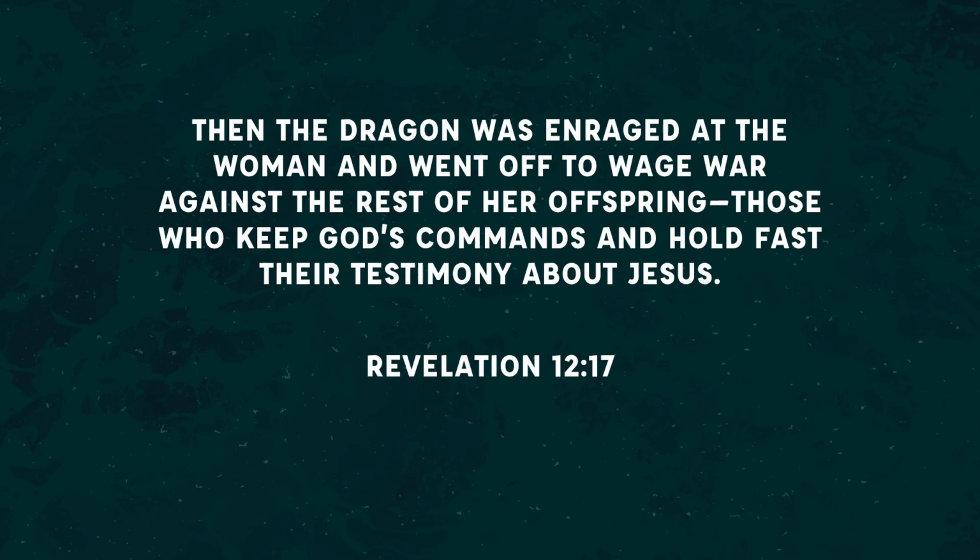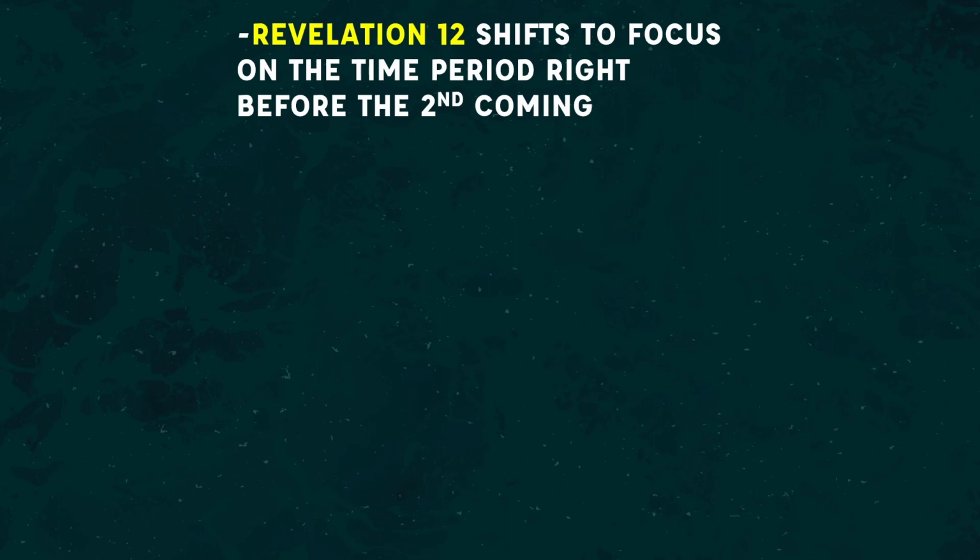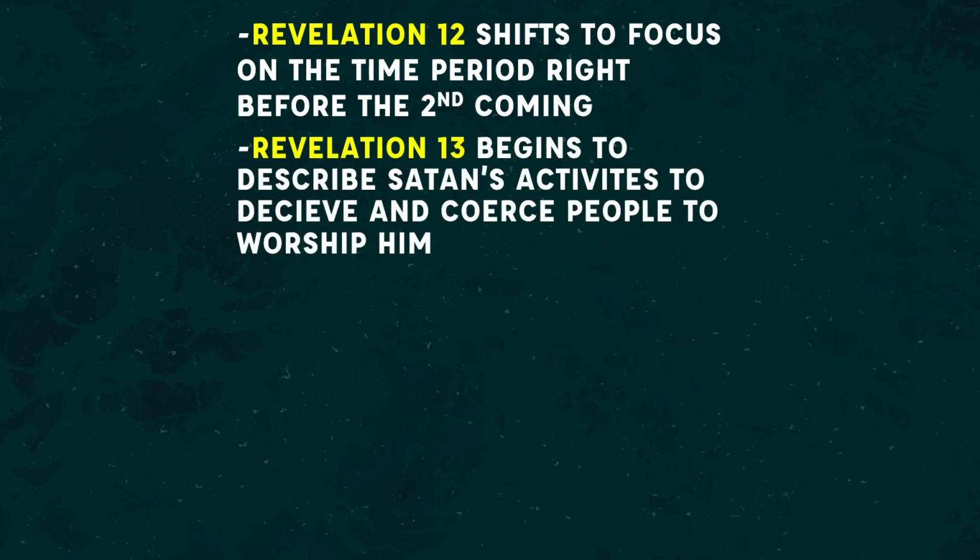We see this description that's going on, not of Jesus coming, but of what's setting up the time of the end, that Satan is after God's people and wants to destroy them. So when we get then to chapter 12, we shift the focus to the time period right before the second coming. And then, of course, in Revelation 13, it begins to describe Satan's activities to deceive and coerce people